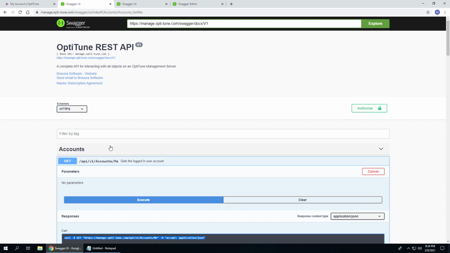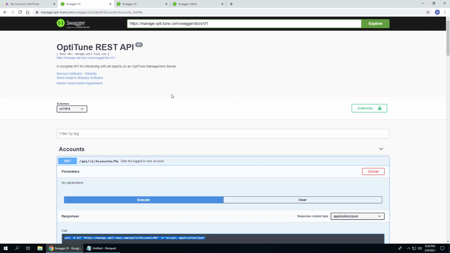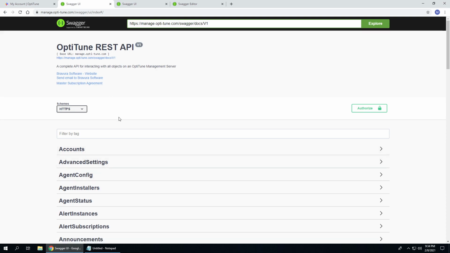So that's kind of neat, but how do you integrate your program with this? So we've seen that we can use this website to call the API. How do you integrate your program? Well, the idea is with the REST API, because it's so large, we need a way to document it such that we can generate clients for other programs to use. So the way this is done is with a Swagger file. And this is the URL for the Swagger file. It's a JSON format, which is a text format. And the interesting thing is if you go to,